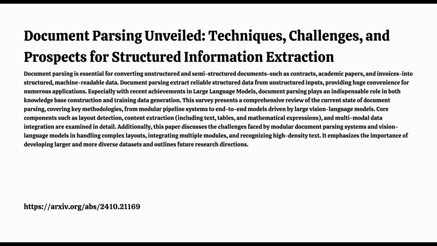So we're talking about AI systems that can truly see and understand documents in all their complexity, from text and tables to charts and diagrams. It sounds like the future of document parsing is incredibly bright, with the potential to revolutionize how we interact with information. It certainly is. But before we get carried away by the possibilities, I think it's important to delve into the nuts and bolts of how we evaluate progress in this field. Okay.